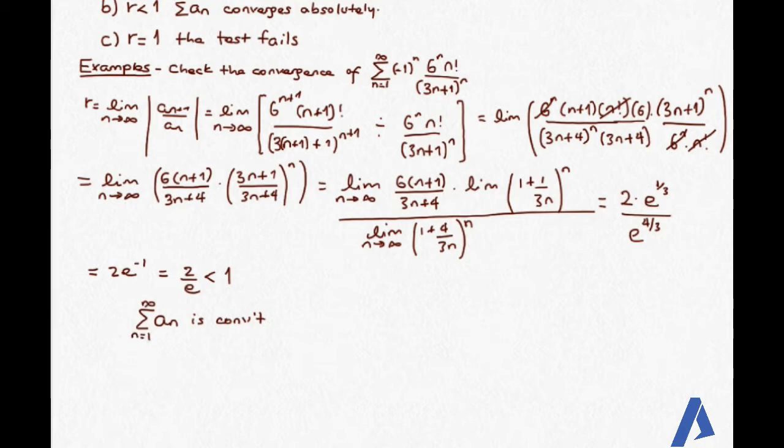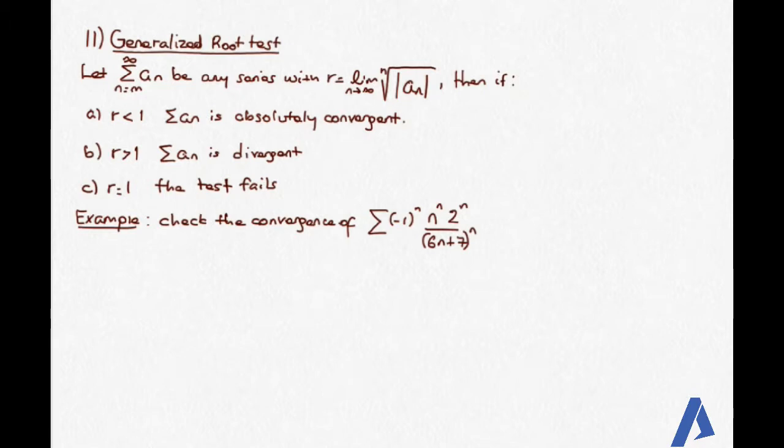ሁለተኛው ደግሞ generalized root test ነው። ስለዚህ similarly እዚህ ጋር we have any series summation of an, generalized root test ለማንኛውም series ይሰራልናል። ስለዚህ in this case r is equal to the limit of the nth root of the absolute value of an as n approaches infinity. Then if r is less than 1, the summation of an is absolutely convergent. If r is greater than 1, summation of an is divergent. r ደግሞ አንድ ከሆነ ቴስታችን እንደ በፊቱ ፌል ያደርጋል ማለት ነው። ስለዚህ as a simple example እቺን ብናያት